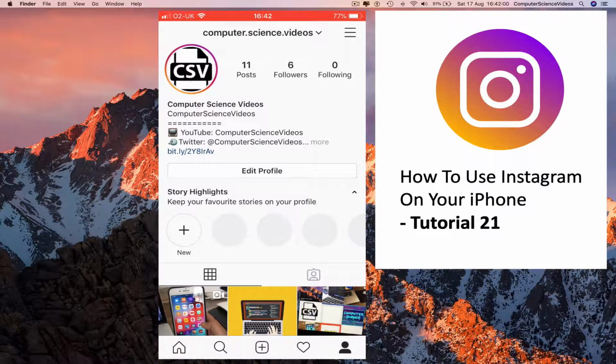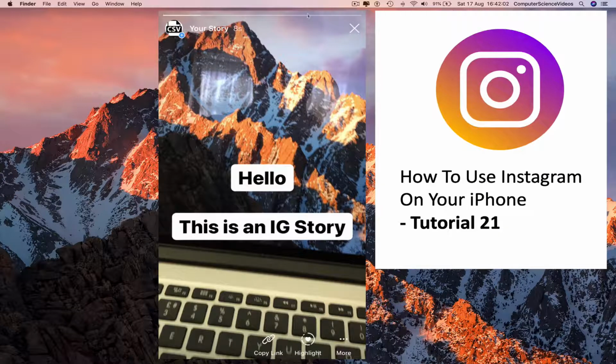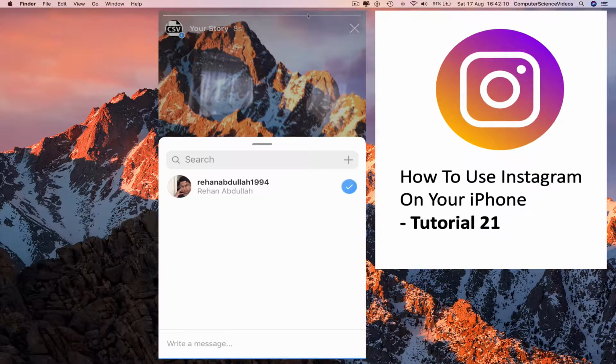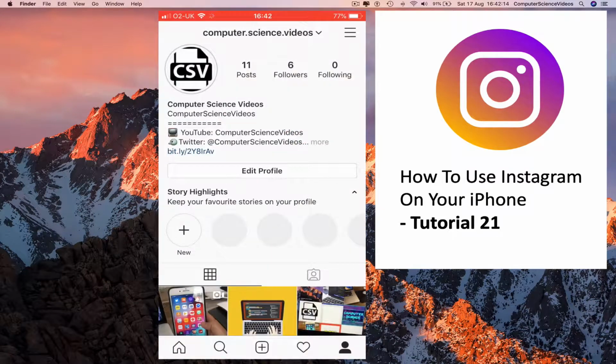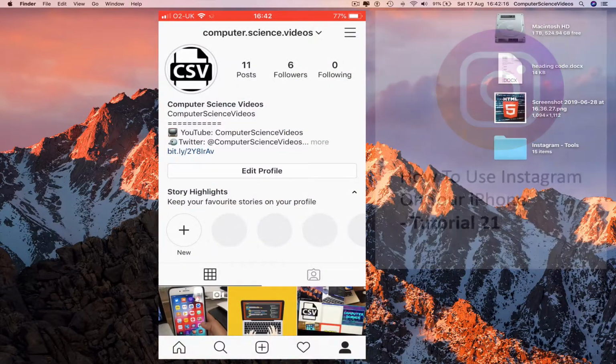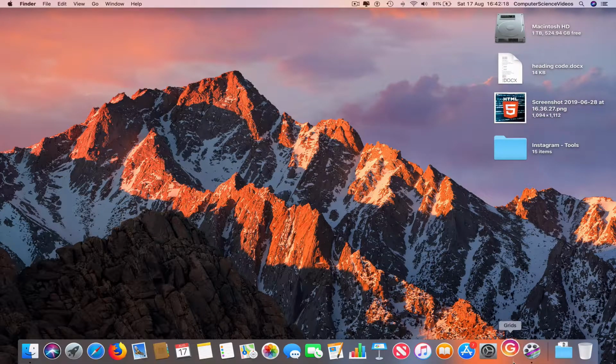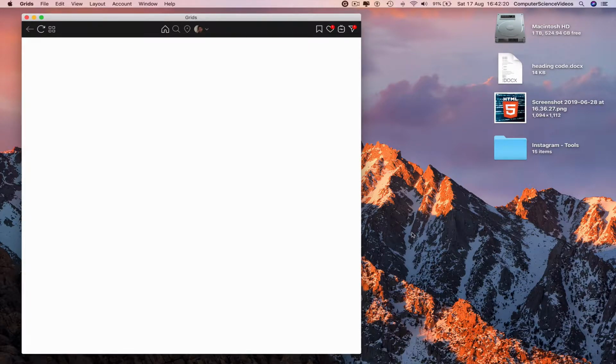We can also send the story itself. Click on more and then send to your chosen client. Send. So now if we go all the way down to the dock, click on the application itself, Grids,